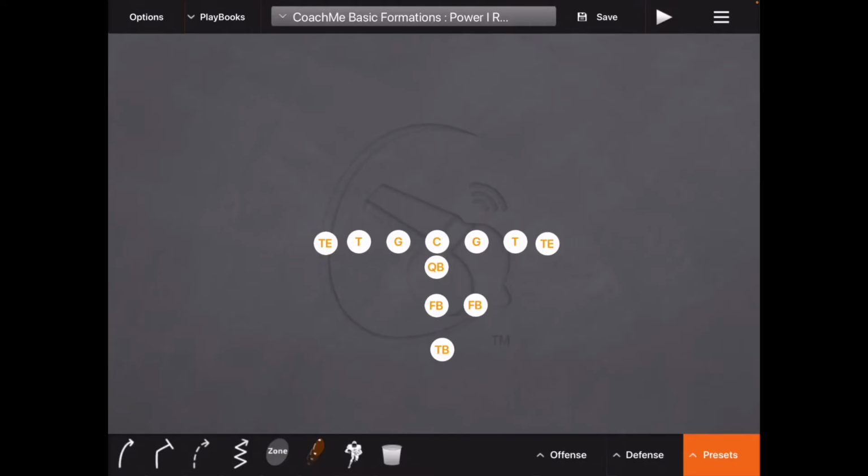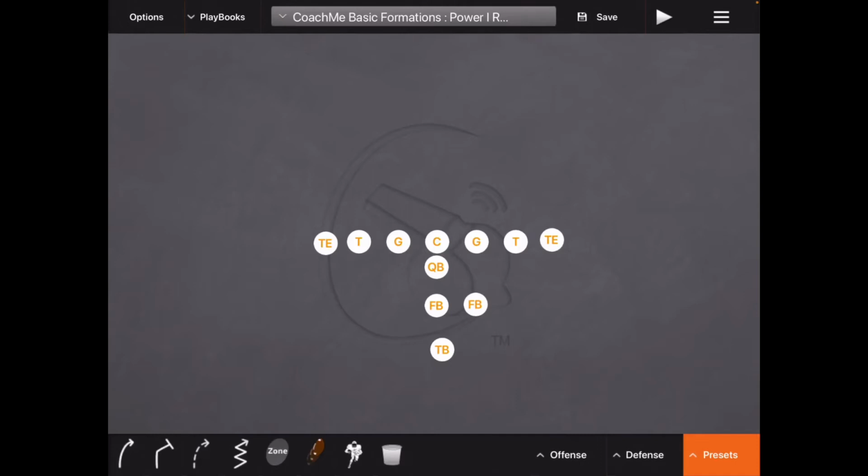Okay, so now I like this because it's putting more guys in the backfield like we talked about before. But I don't like the power I because the power is always to one side. And the defense can kind of tell, especially if they're smart defensive coaches, where you're lining up, how many times you're going to run to the strong side. There's certainly plays that go to the weak side of the power I, but most of your real strong plays are going to go to your power side because that's where you are, and that's where you're going to hit the fastest. So I don't like the power I that much because it is an offset, unbalanced formation.